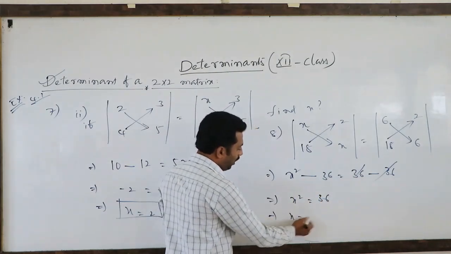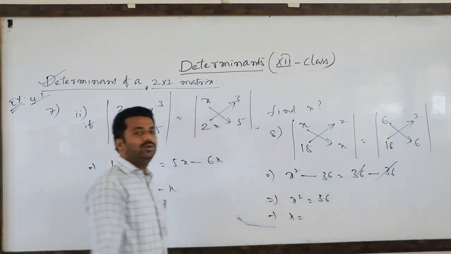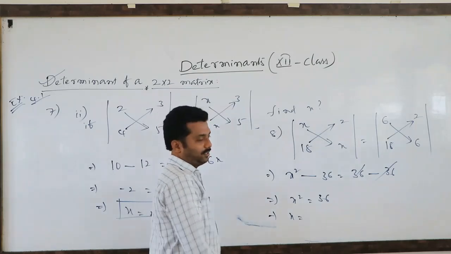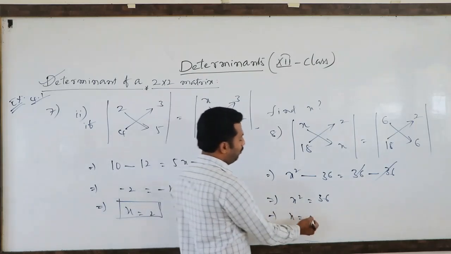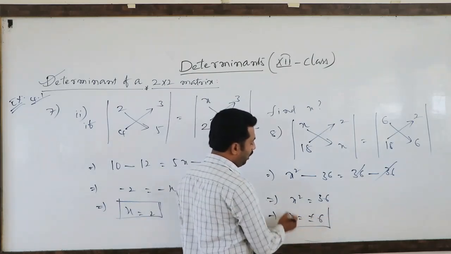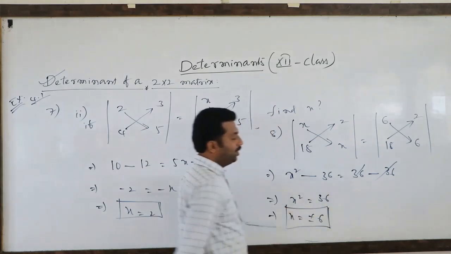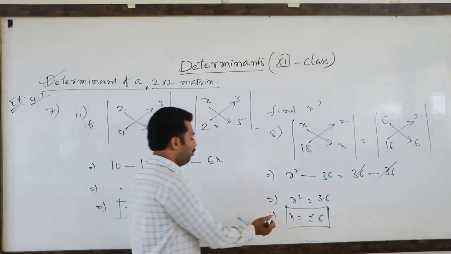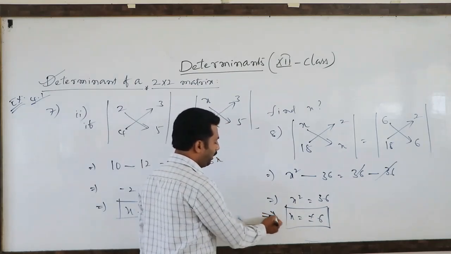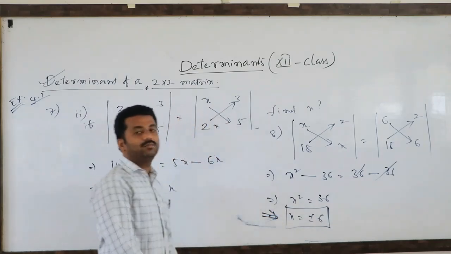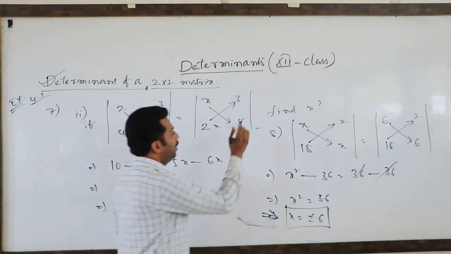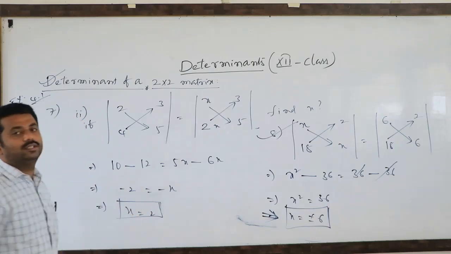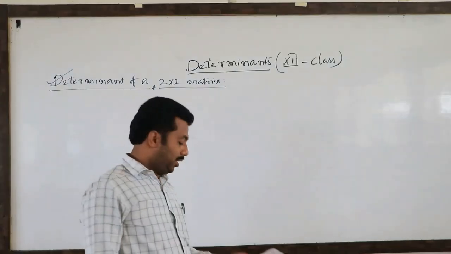Now you tell me what I have to write, x value, is it 6 only, or x plus or minus 6? Yes, x value plus or minus 6 only is the correct answer. So if you write only 6, that is the wrong answer. So both the signs you have to write, both the plus and minus symbols. So this is the most important model for 1 mark question in the theory concept.